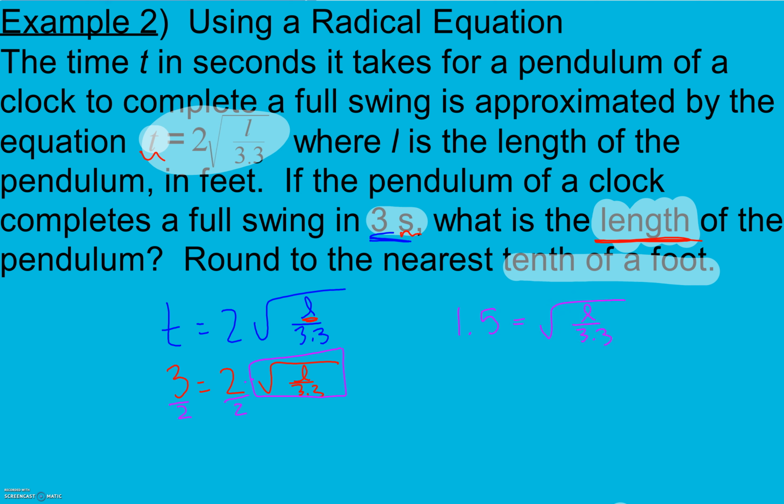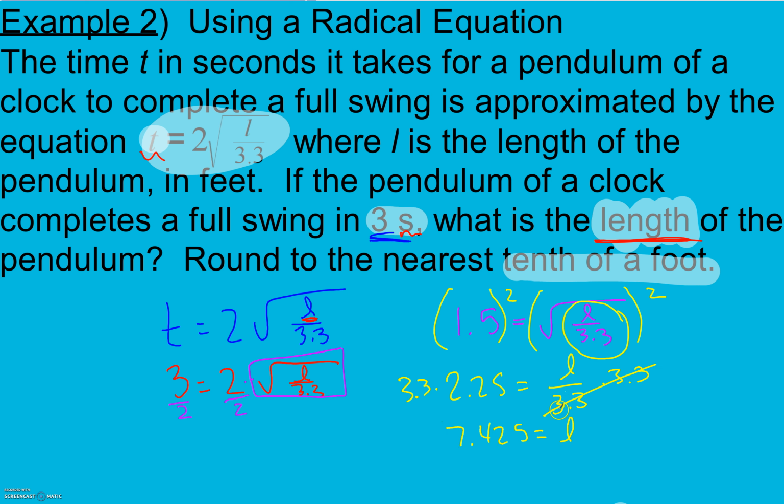We're going to try and get rid of our square root, and in order to do that, we square both sides completely. 1.5 squared is 2.25. And when I square a square root, I just get my radicand, whatever's inside. Now, to get rid of my division, I'm going to go ahead and multiply. And when I do that, on both sides, I get